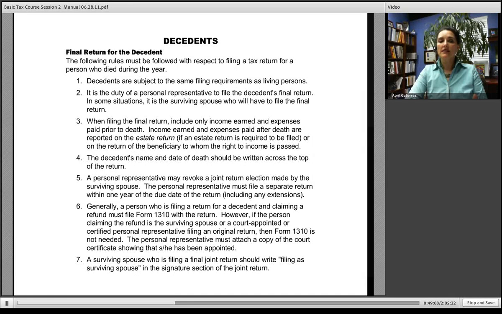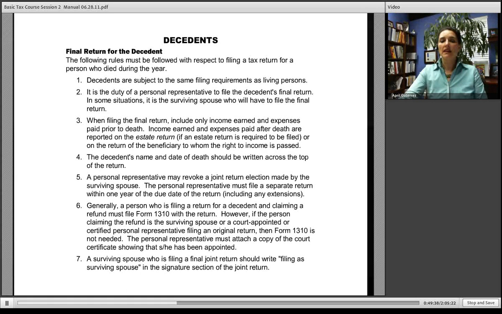If there is a refund showing on the final return of the decedent, generally Form 1310 has to be attached to the tax return to claim that refund. The exception to that rule is if the person who is filing that final return is the spouse or if the person is a court-appointed personal representative. The surviving spouse should write filing as surviving spouse in the signature section of the joint return, just as I showed you. And finally, the decedent's name and date of death should be written across the top of the return,